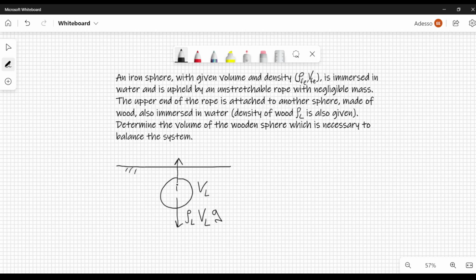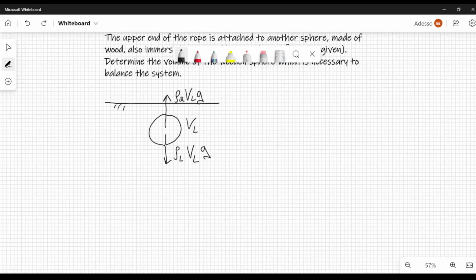This is also, let's say, thwarted. So there is an opposing force which is due to the Archimedes principle. So we have something very similar. We have the density of the water, that I will call rho A. A stands for aqua, so it's water. And then we have VL times G. This is simply due to the Archimedes principle. So we have the volume of fluid that's displaced by this sphere multiplied by the density multiplied by G, and that's a force. And then we have a rope which is connecting this sphere to the other sphere, the iron sphere,